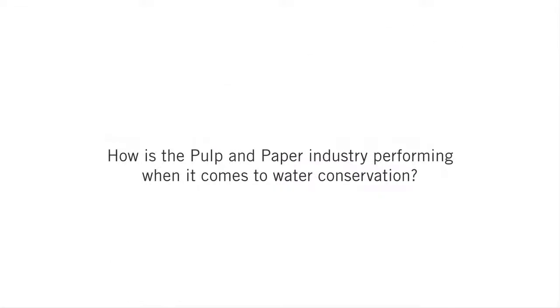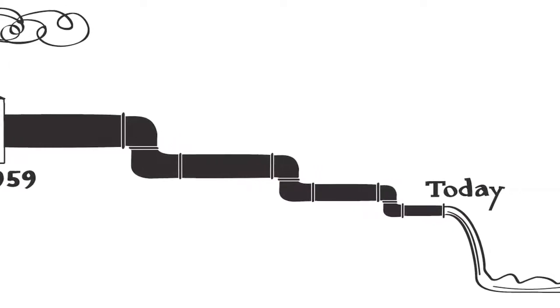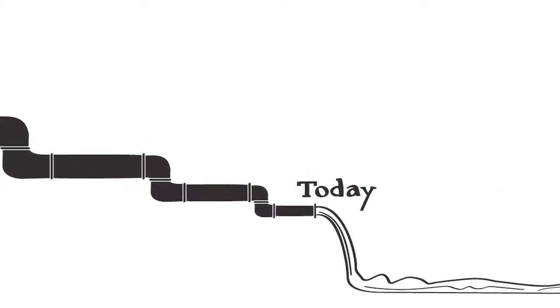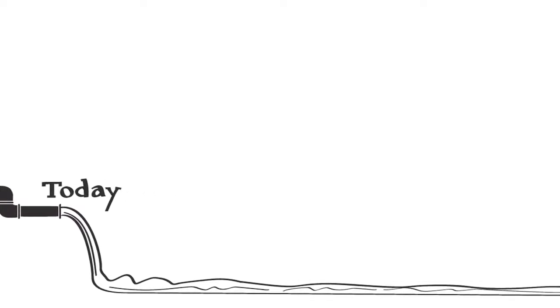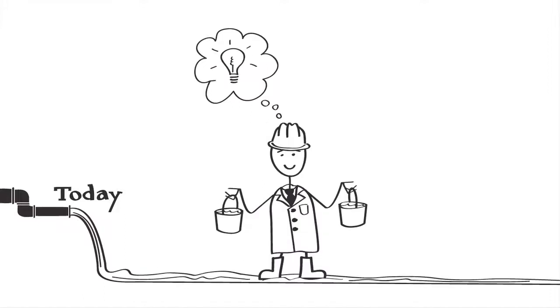How is the pulp and paper industry performing when it comes to water conservation? A 69% reduction in water effluent flow, which is directly related to a similar reduction in water use, has been achieved since 1959. As the industry has improved water conservation, additional improvements have become more difficult to accomplish. That said, the industry continues to reduce its use of fresh water and to arrive at creative solutions for minimizing